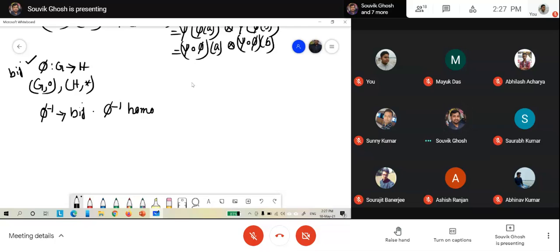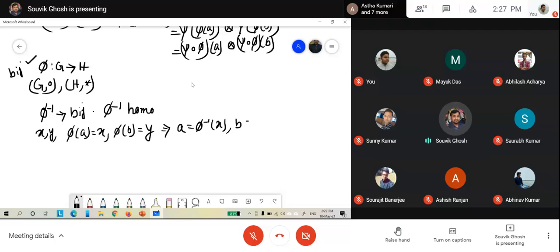So let us choose two elements from H, suppose x and y, such that phi of A is equal to x and phi of B is equal to y. So from here we can write that A is nothing but phi inverse of x and B is nothing but phi inverse of y. So what we can write,